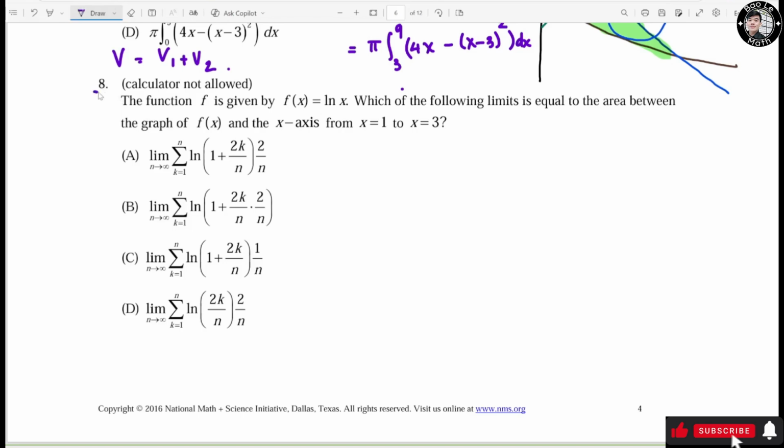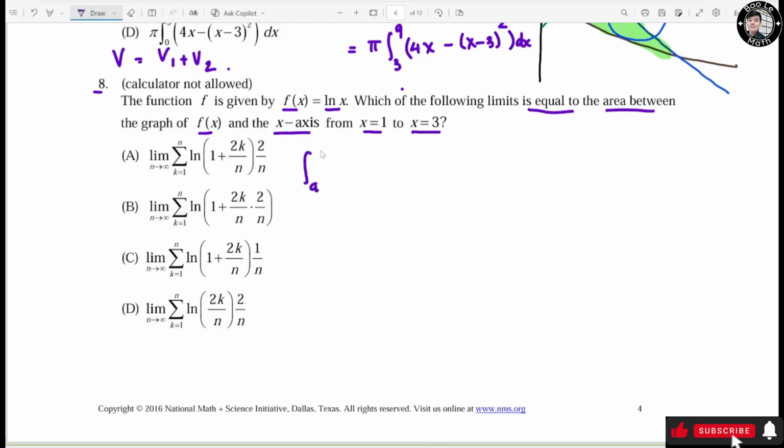Now let's move on to question 8. The function f is given by f of s equals ln(s). Which of the following limits is equal to the area between the graph of f of s and the x-axis from s equals 1 to s equals 3? So you know that